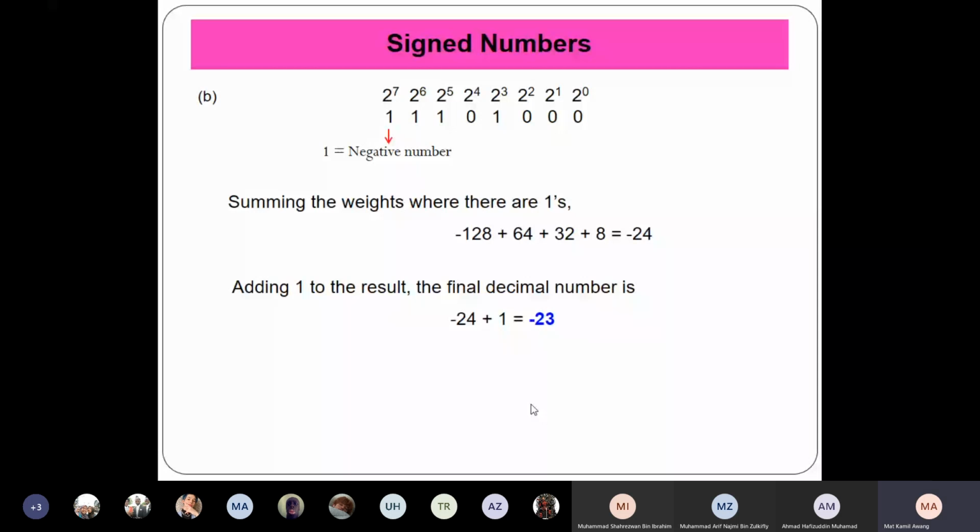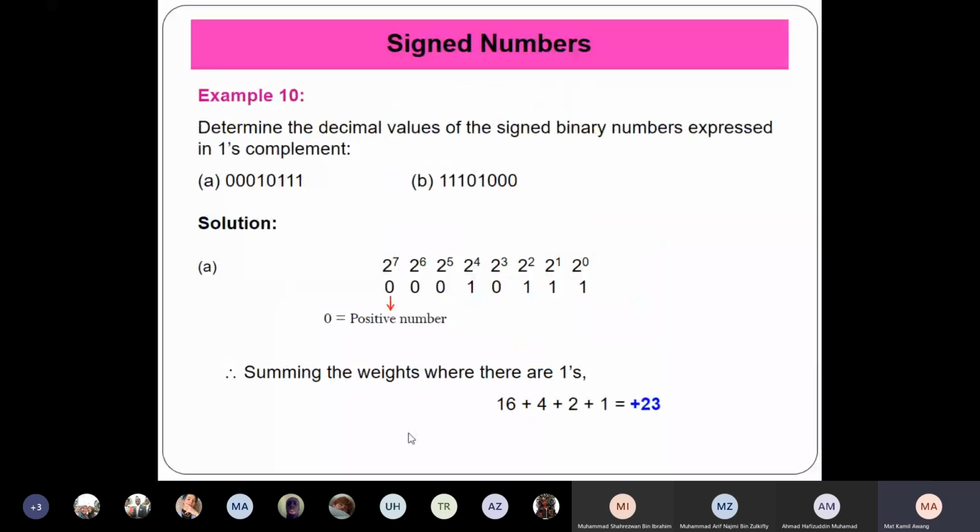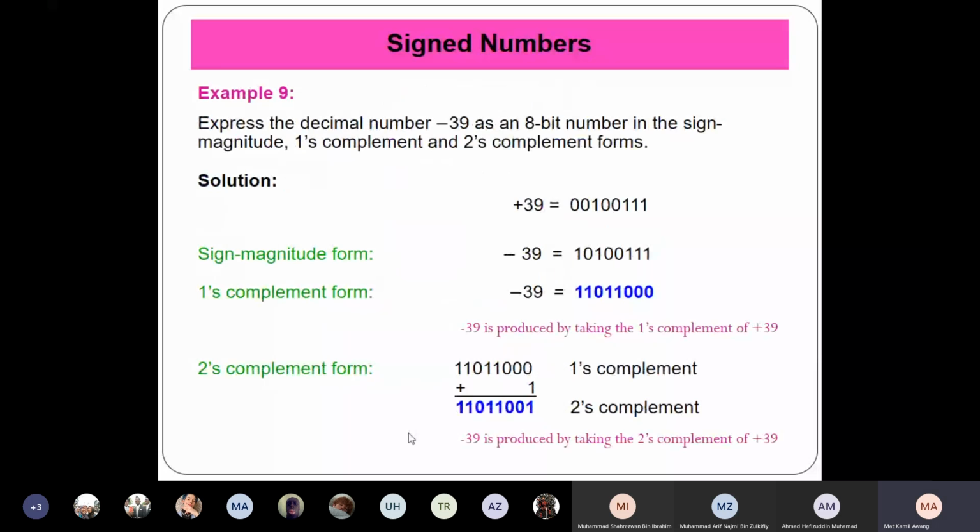So summing the weights where there are... okay, this one, okay, how come it's jump? Okay,